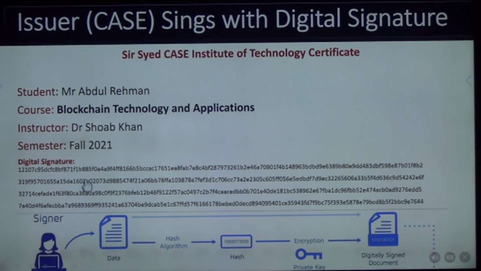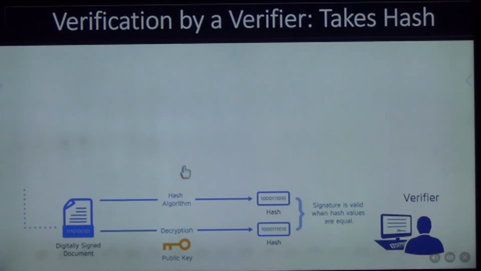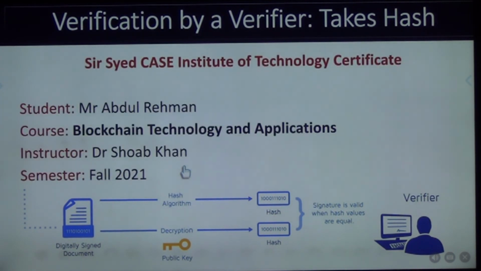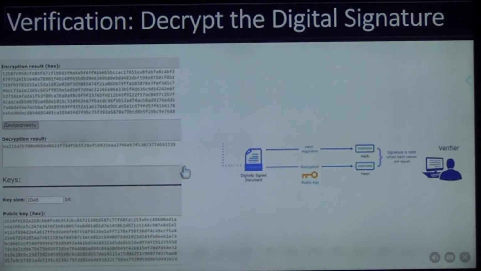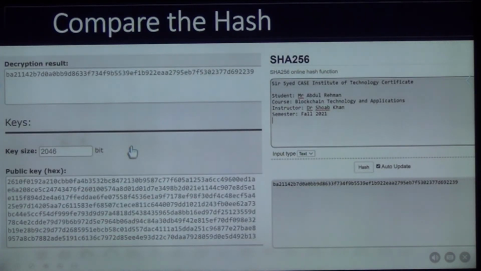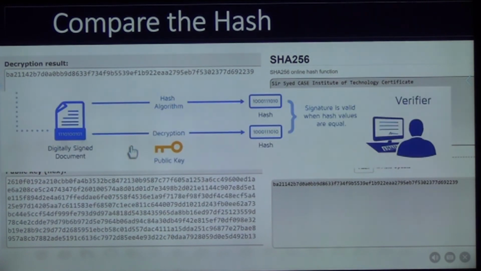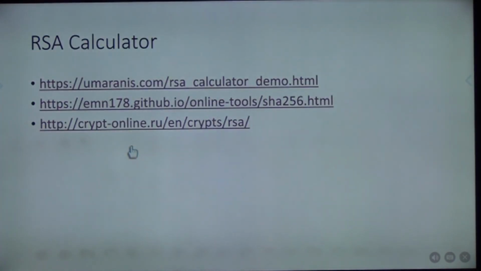ओके, अब ये जो कंपनी जिसने वेरीफाई करना है वो ये डिजिटल सिग्नेचर देखेगी, इसको डिक्रिप्ट करेगी और इसका हैश निकालेगी। If they are same, वो कहेगी हाँ वाकई इस बंदे ने केस से ये कोर्स किया हुआ है। ठीक है, तो हमने बता दिया वेरीफायर किस तरह करेगा, वो आपका सर्टिफिकेट की इंफॉर्मेशन को लेगा और उसका हैश निकालेगा और फिर इसको हमारी पब्लिक की के साथ डिक्रिप्ट करेगा, तो ये हैश वापस आ जाएगा। अगर सेम होंगे तो वो कहेगा हाँ आपने ही किया हुआ कोर्स, so he will consider you for interview and a job.